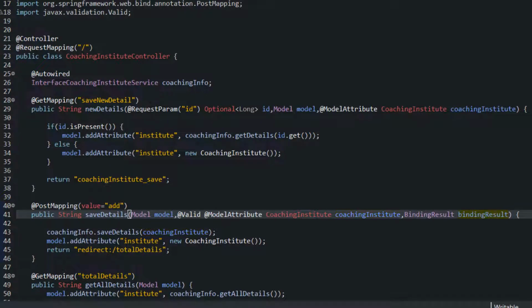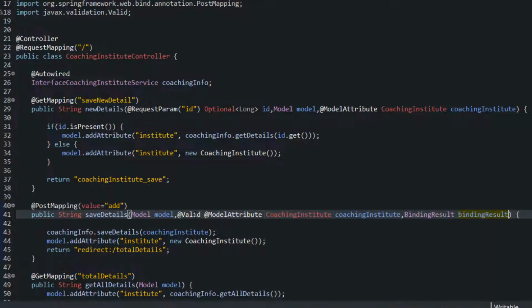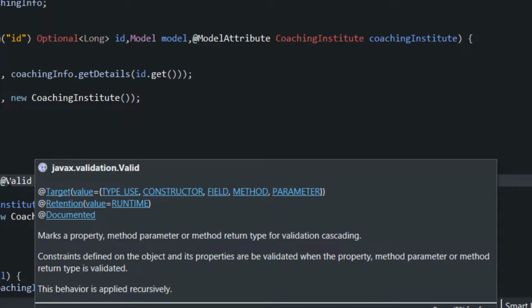Now let's talk about add valid. It allows to validate object graph with a single call to the validator. Okay, with a single call it will help us to validate. Now if we go to the definition part, it is written something here: marks a property, method, parameter, method, return type, or validation cascading. Constants defined on the object and its properties are to be validated when the property, method, parameter, or method, return